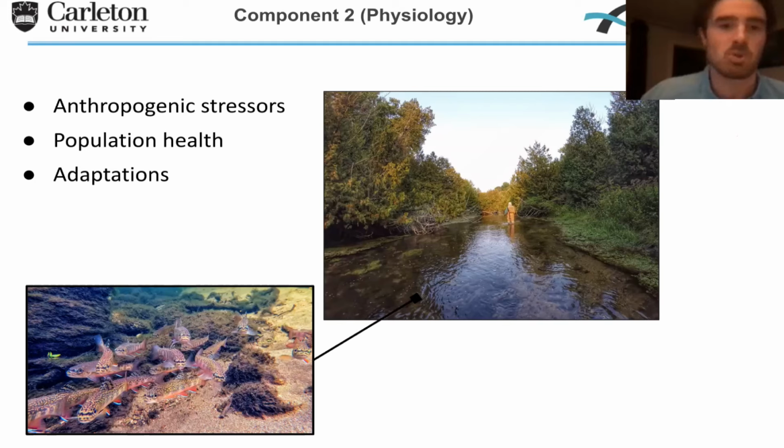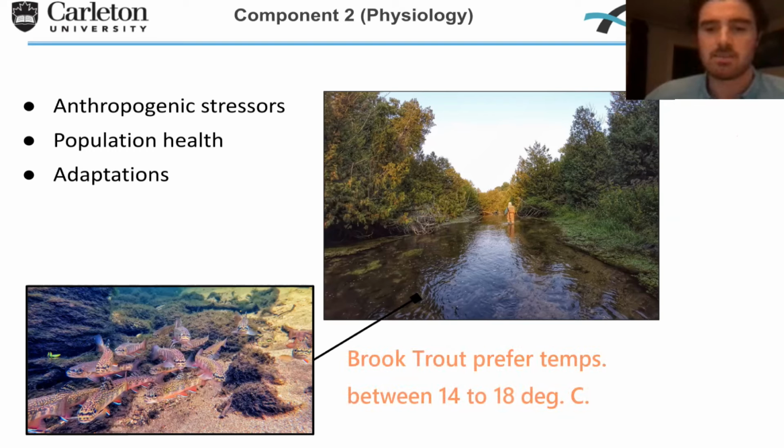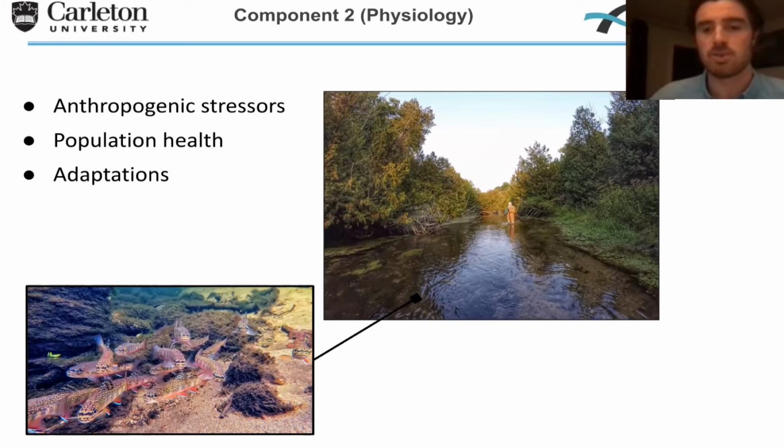And this is a big problem when we see impacts from climate change, for example, because brook trout don't have the ability to adapt to this the way we do. Brook trout can acclimate like a lot of other freshwater fish can, but that ability is fairly limited. They have a preferred temperature, obviously. I think everybody probably knows that. Roughly speaking, it's something like 14 to 18 degrees Celsius. And within that zone, brook trout will sort of optimize different performance attributes,